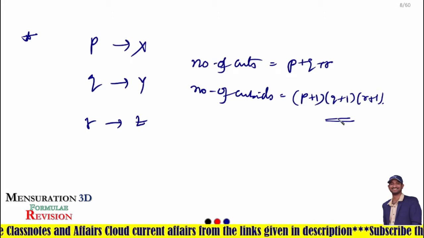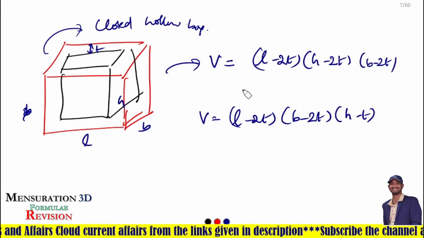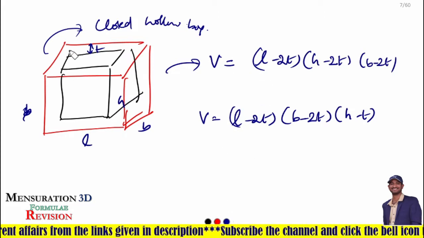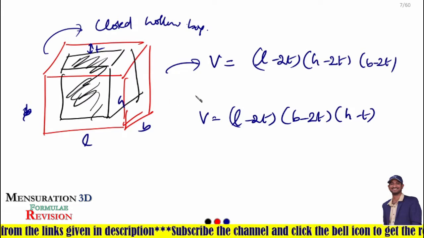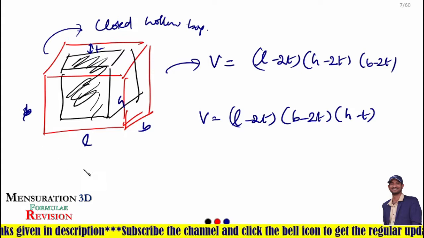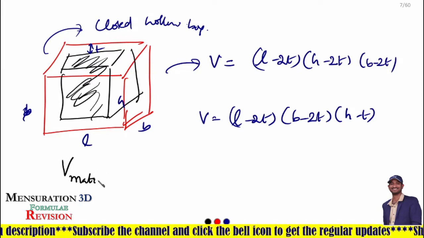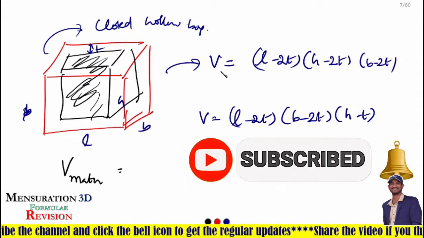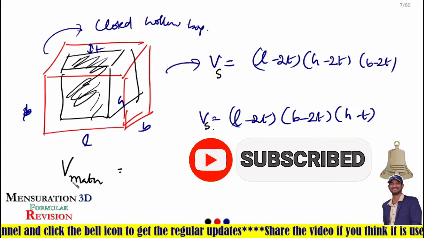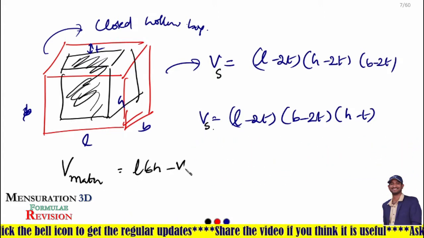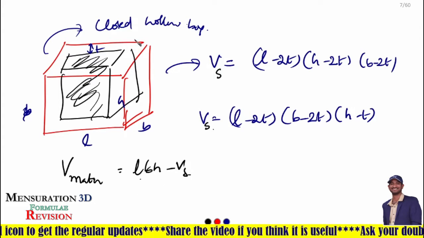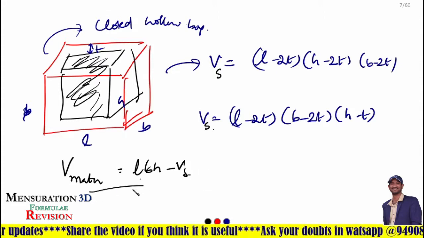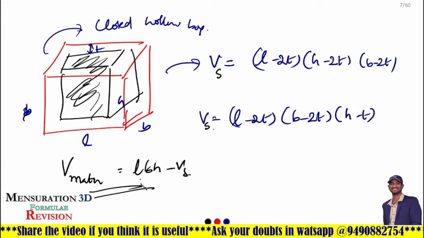Okay. Previously I told you one thing. This is the volume of, it is not the volume of material required, sorry. It is the volume of the space occupied inside it. If you want to find the volume of the material that is required to make the cuboid, if it is closed, then suppose it is the volume of the space. Then the volume of the material is LBH minus the volume of the space. LBH, that is the volume of the outer cuboid, minus the volume of the space, will give you the volume of the material required to make that cuboid. Okay.